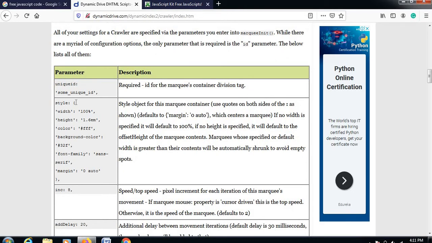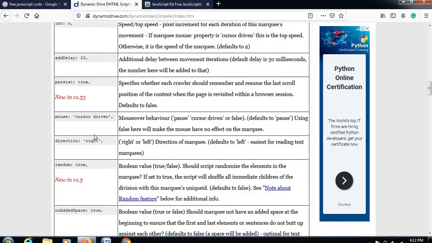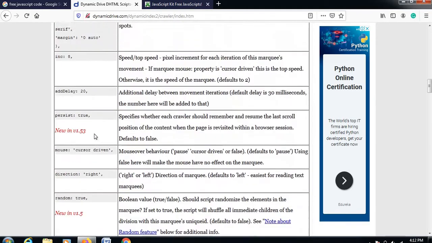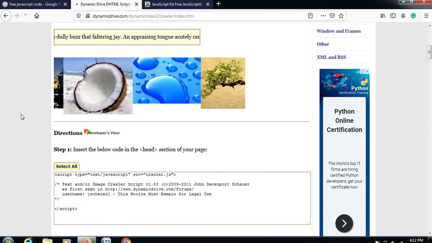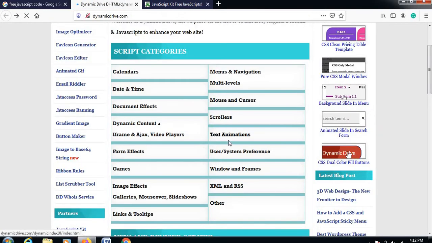So this page will explain how to use this script and how you can make changes if you want. And the main advantage is that various categories are present there. Let me show you one more, as this is the scroller part. See, mouse and cursor.